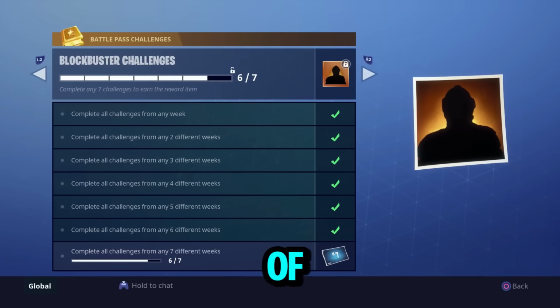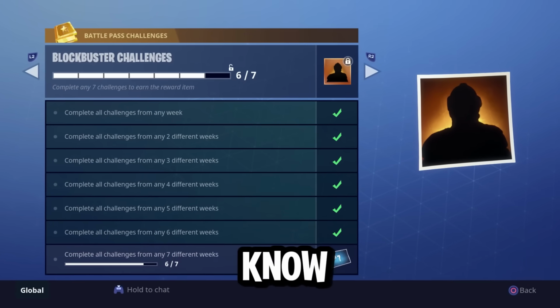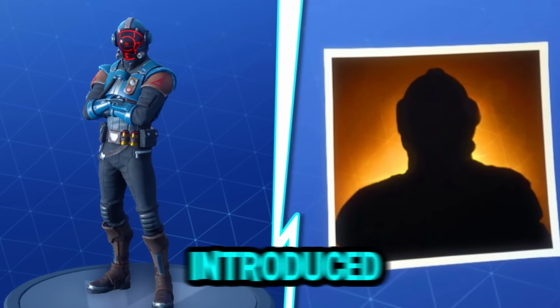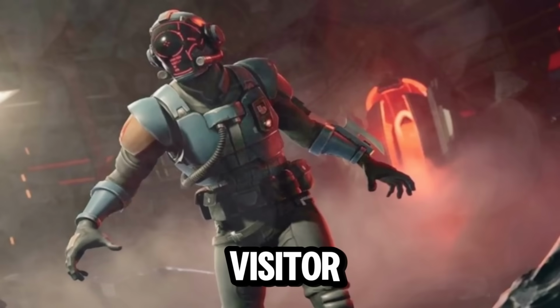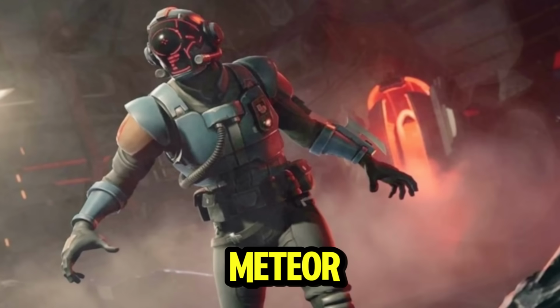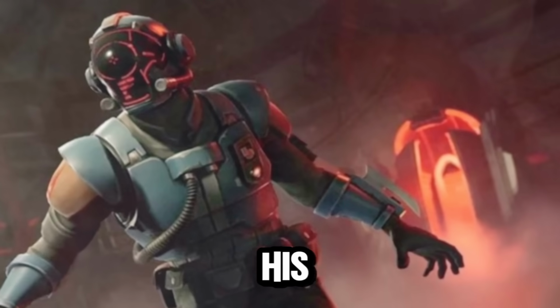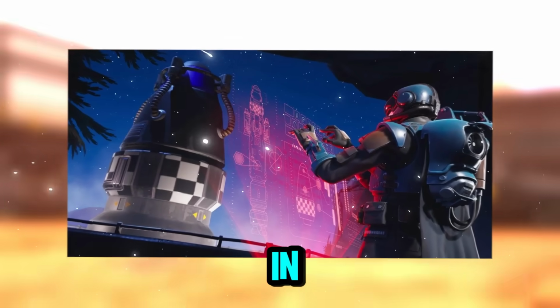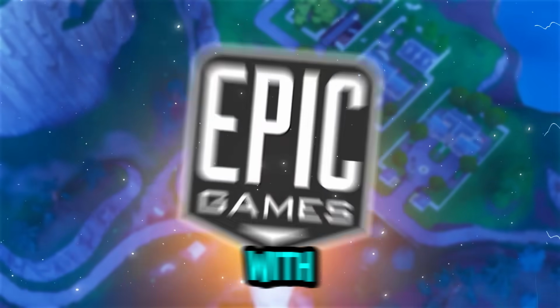I believe that was a part of the initial Blockbuster challenges, you know, Blockbuster being codename for what was the secret skins back then, the first ever one introduced in this case being the Visitor that we found out crashed in this meteor down into Dusty Divot, then opening his pod and making his way to the villain lair, launching the rocket, which we're going to be seeing in the live event repeating itself once again, with Epic Games already